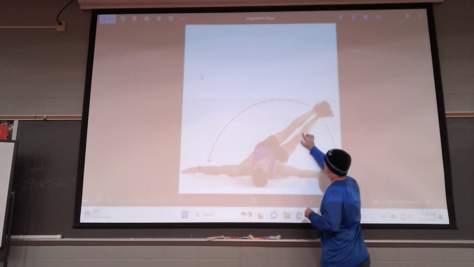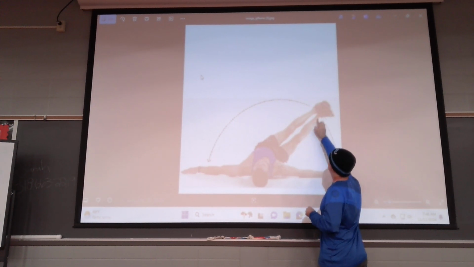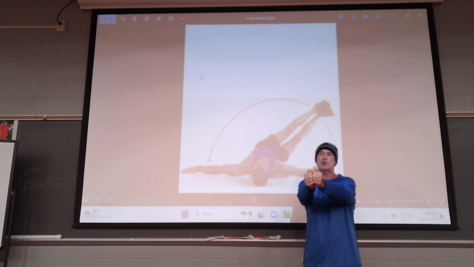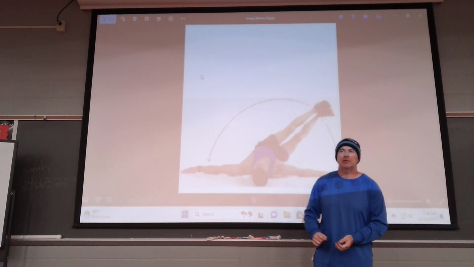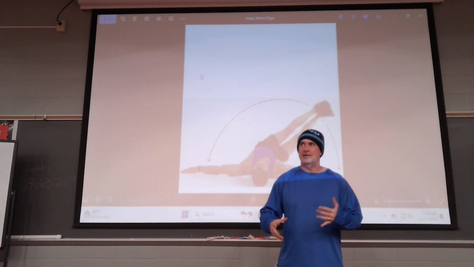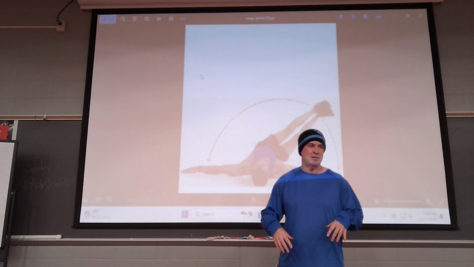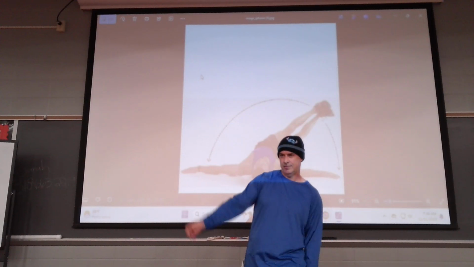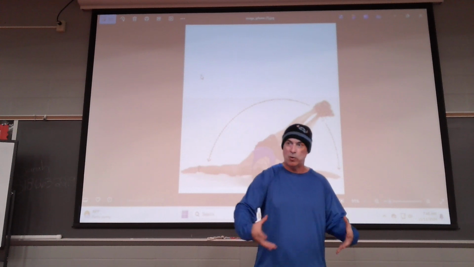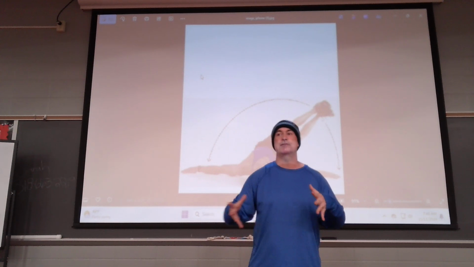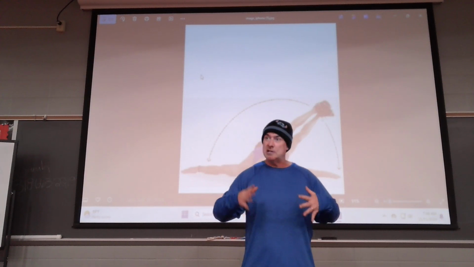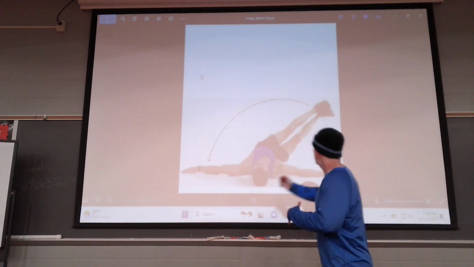If this person kept this muscle fixed, first of all, they're probably splinting the legs together, probably using hip adductors to create a rigid link. It's a heck of a lot easier to carry. My mom used to say when I was a kid, boy, you weigh like a sack of potatoes, meaning it's harder to lift things like sacks of rice. Things that are rigid, like blocks and weights, are easier to move because the center of mass isn't constantly shifting. That's why you hook your legs when you're doing things, or you try to create rigidity, because it's a heck of a lot easier to move rigid things. However,